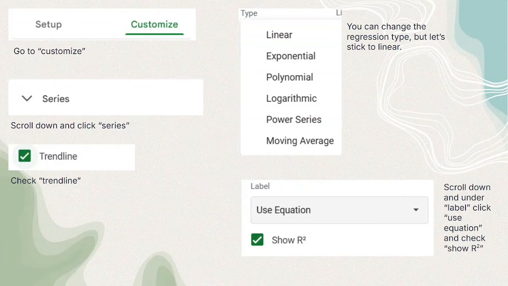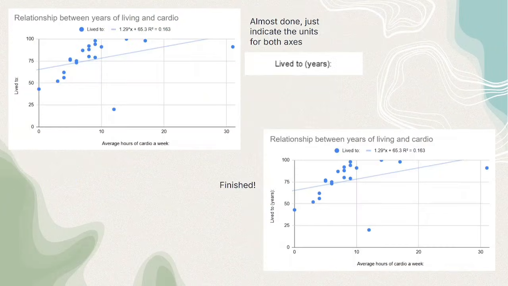Then scroll down to the label drop down and select Use Equation and check Show R square. This will display the line's equation and R square value directly on your chart. Now last step, just label your axes with proper units so anyone who reads your graph understands what they are looking at. And that's it. You have built the full regression analysis straight in Google Sheets.